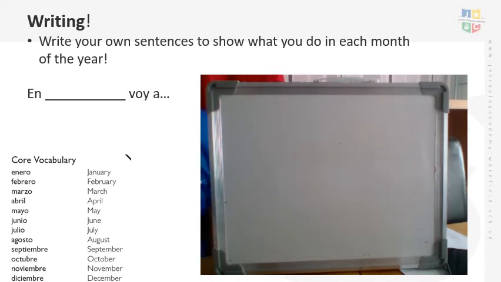My first sentence I'm going to write is, in English, in August, I go to the beach. Now, hopefully, from the past couple of weeks, you'll remember the word for beach, which is playa. So, have a think what you think the sentence might be in Spanish, and in a moment, I'll write it for you.